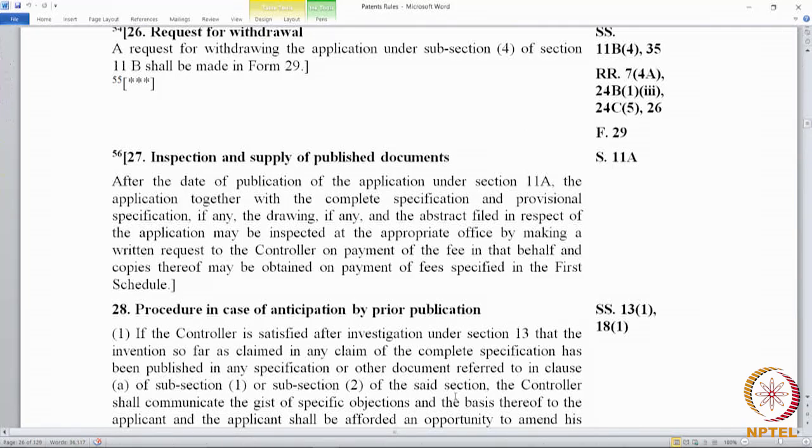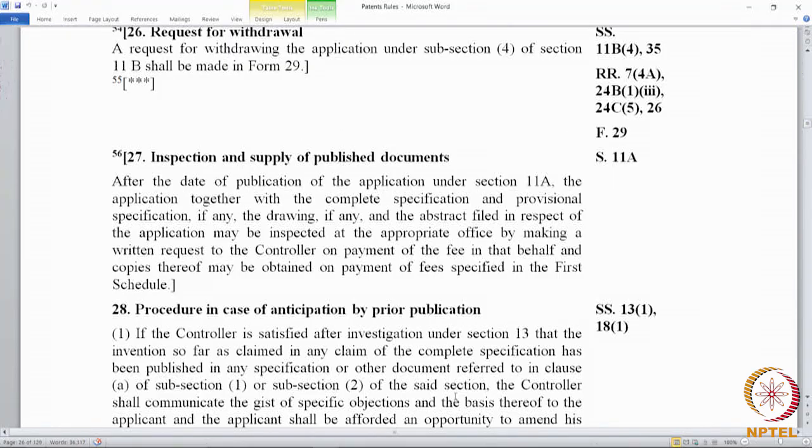There is no express statement. In fact, 11(a)(5) provides only for publication of certain bibliographical details. 11(a)(5) tells us the publication of every application under this section shall include particulars relating to date of application, number, name, address and abstract. It does not say that the provisional will be published, but rule 27 very clearly says